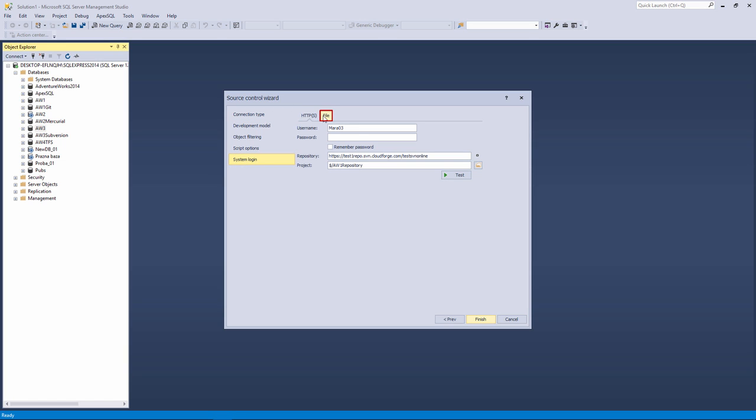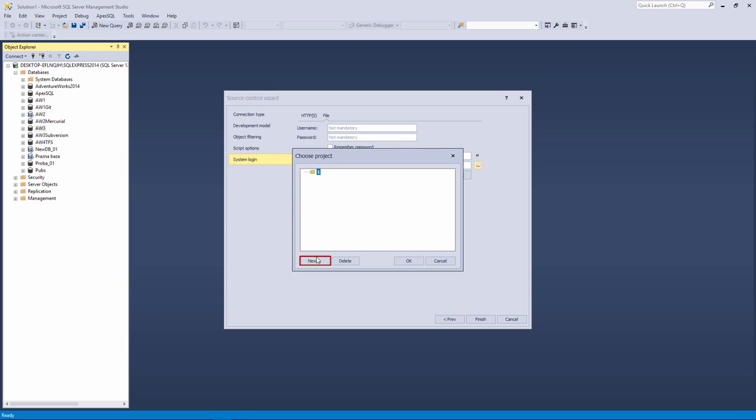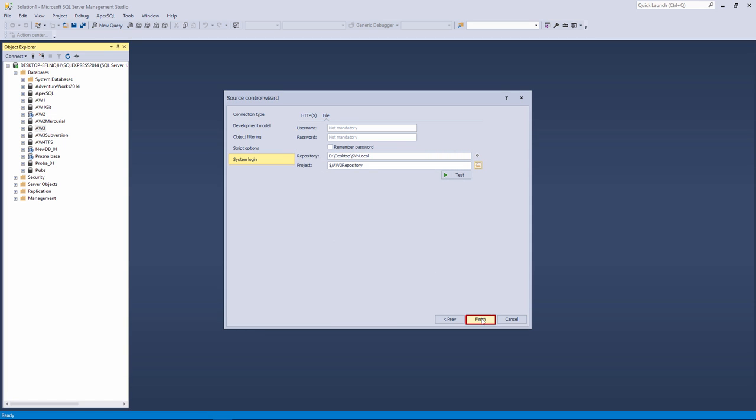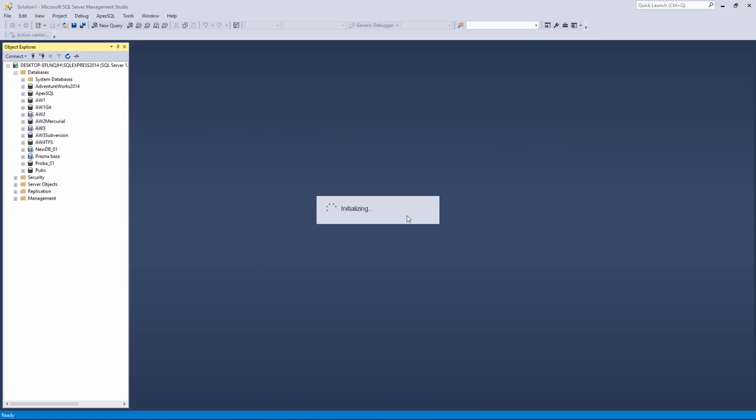Again, select the File subtab, and since the username and password are not mandatory here as well, leave those fields empty. In the Repository field, enter the path to the Subversion local repository that we created. Click the Browse button, and then the New button to create a new project, AW3 repository, to which the AW3 database will be linked. When everything is set, click the Finish button to link the AW3 database to the Subversion